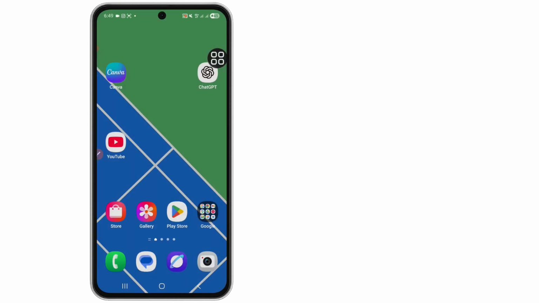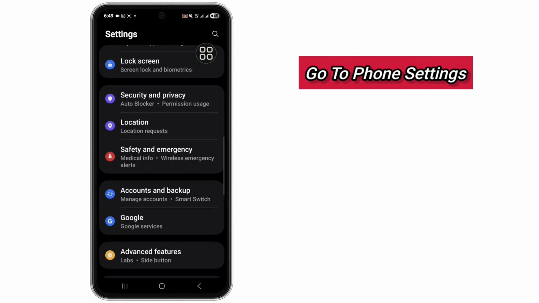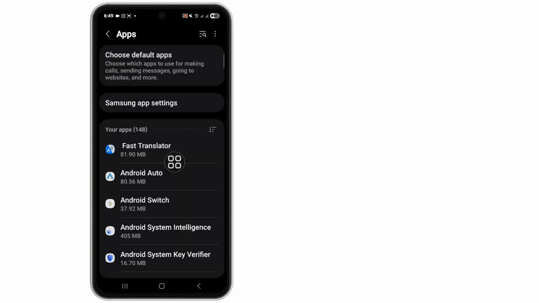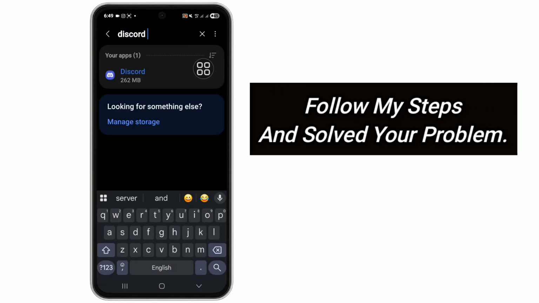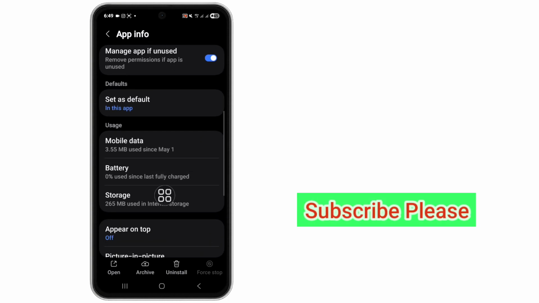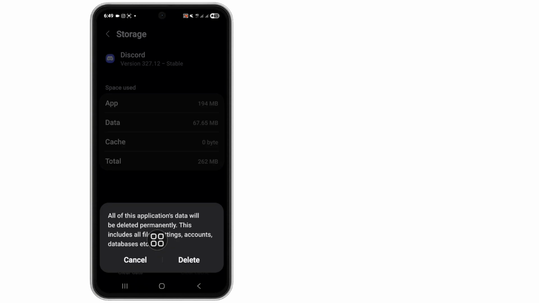Back to home screen and go to phone settings and scroll down. Then tap on apps option, tap on search for Discord, tap on Discord app and tap on force stop. Okay, scroll down, tap on storage, tap on clear cache and tap on clear data, delete. Okay, back,